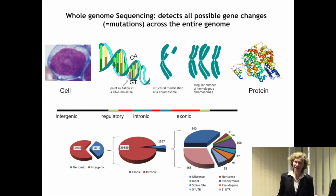But basically, it is the genetic code. So you've got G, T, C's, and A's, and they correspond to different nucleic acids. And that's really what defines us as individuals, and it also defines the CLL cells. So you can have different changes. You can have the G becoming a T, or the G becoming a C, or the G becoming an A. We call that a mutation, or point mutation, strictly speaking, or you can have bits of the chromosome missing,